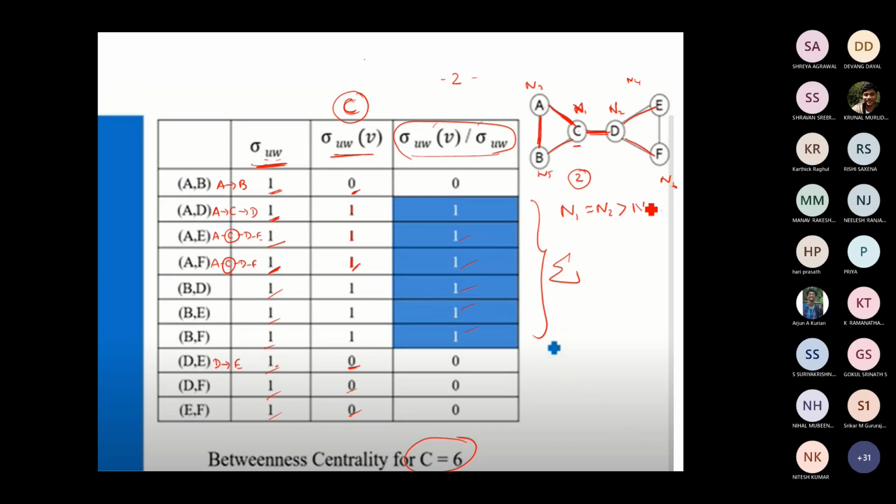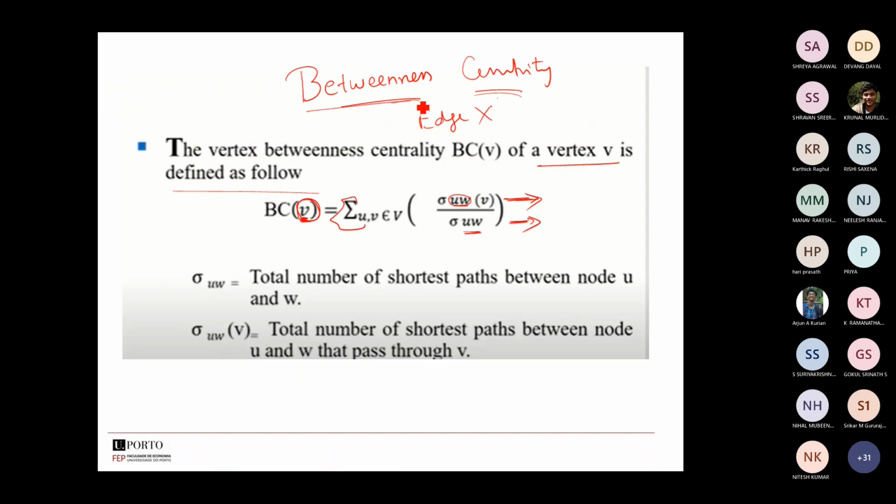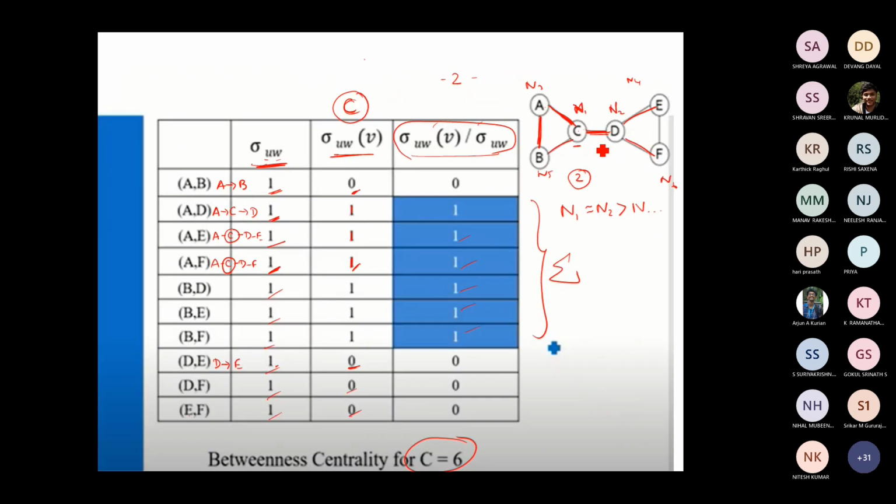So what we have to infer from this computation of betweenness centrality is the nodes. Okay, here they are saying it as a vertex. Okay, the vertex and the links that connect these vertices will act as a gatekeeper, or in other terms, we will say it as a bridge in order to connect these two subgraphs.